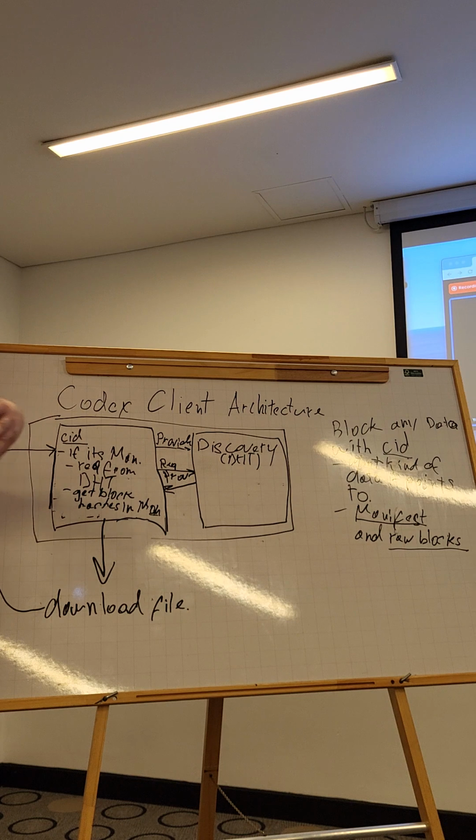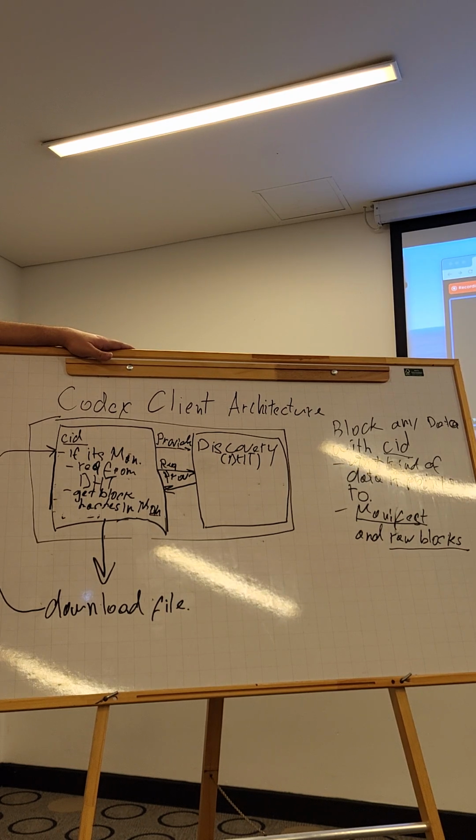Once you've done that, you're pretty much always interacting with just the block exchange. Yes, exactly. The block exchange handles the connections to the nodes, and it schedules uploads and downloads from those nodes